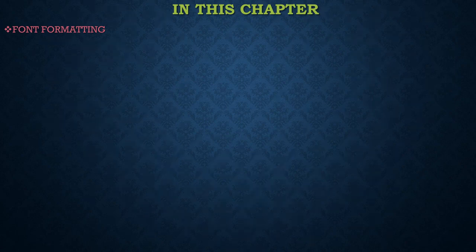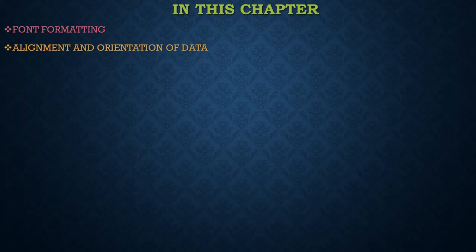Next thing is alignment and orientation of data. Using this, we can change the alignment. Alignment refers to the positions where data is placed within the boundary of the cell. We can do left alignment, right alignment, center alignment, then top alignment, middle alignment, bottom alignment, orientation, merge and center option, decrease indent, increase indent, wrap text.